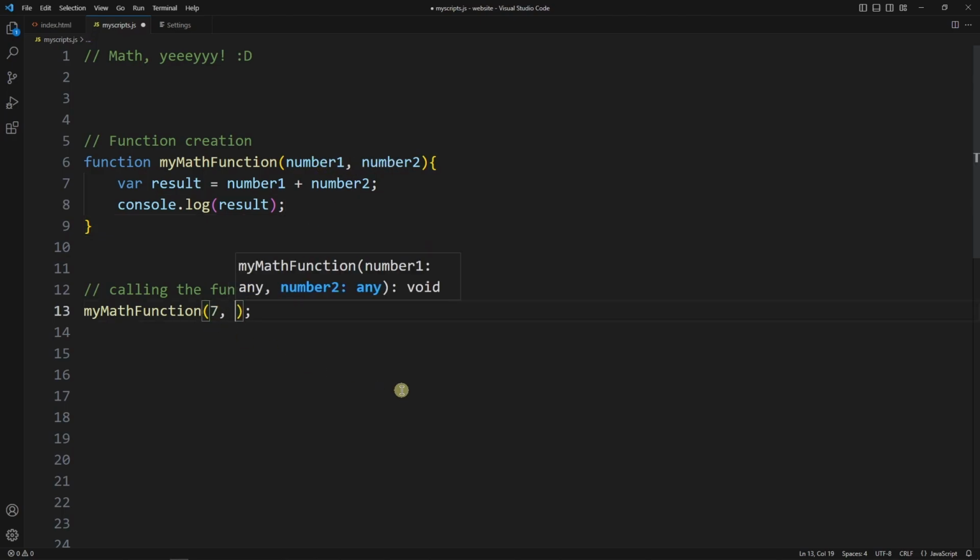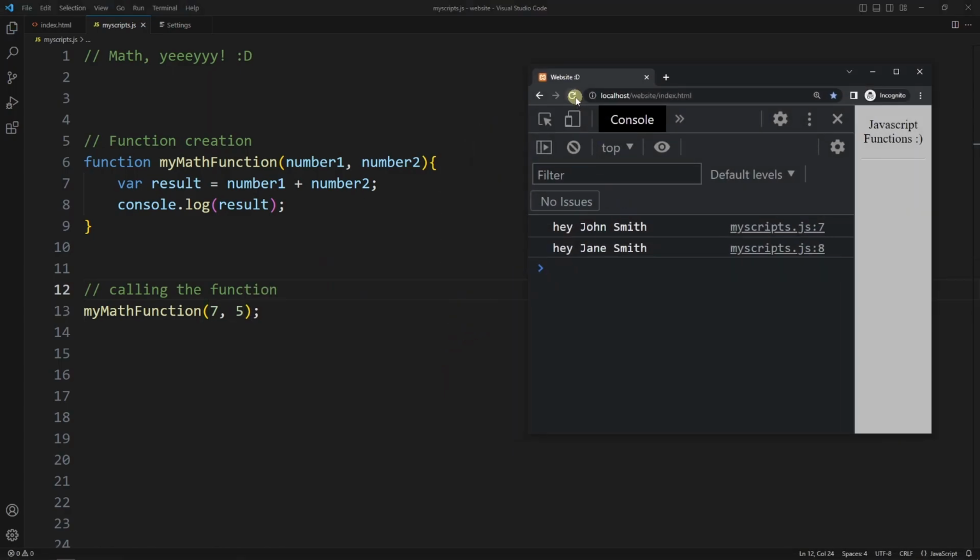So let's say number1 is 7 and number2 is 5, and when we go to our website and we refresh it, we see 12 because it sets number1 to 7, number2 to 5, and variable result is 7 plus 5,